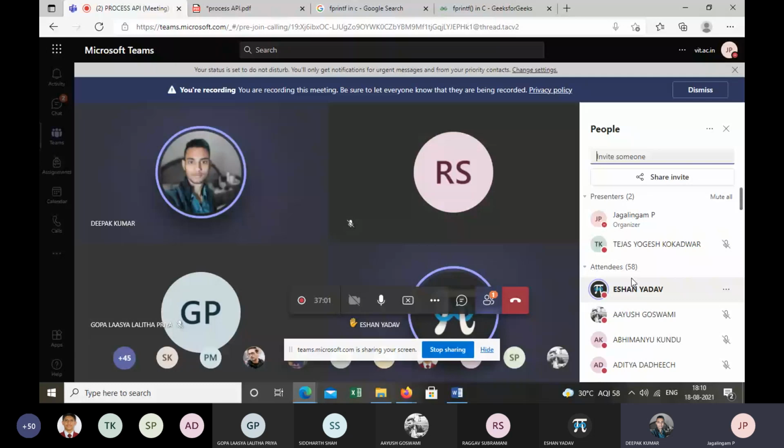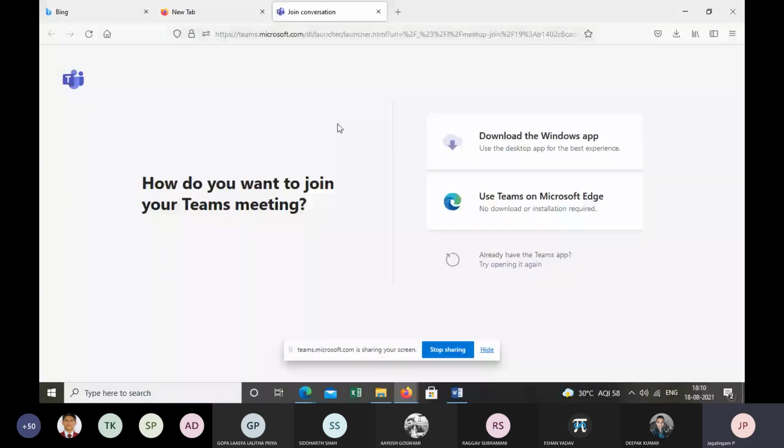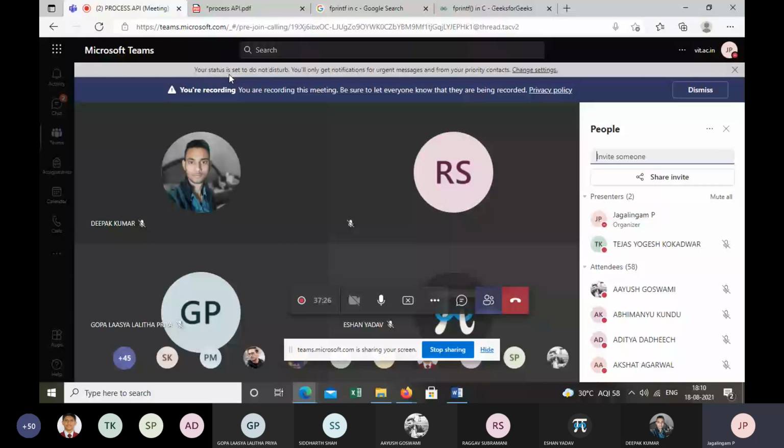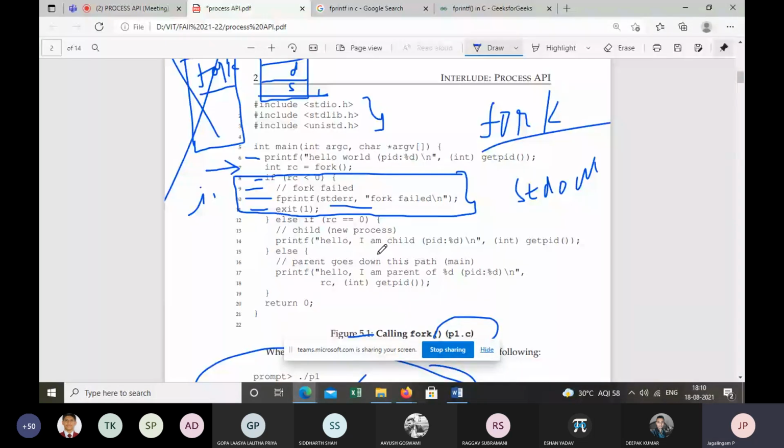So by normal compiler, you mean a VS editor, something like that? Yes, sir. Code which runs on Windows will not execute fork. It has to be a Linux-based platform. Good, good. Because whatever code we discuss in class was written by students of Stanford University, and they wrote this code for the Linux platform.